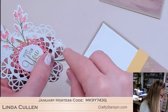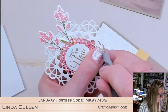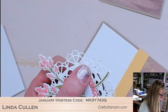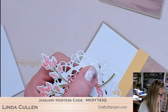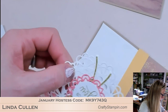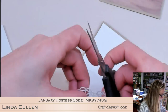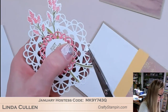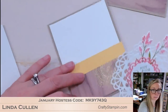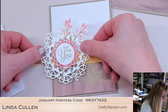Where'd my Pokey Tool go? Oh, that one didn't want to come out. Come on. That's going to annoy me if it stays in there. Hold on. OCD. There we go. There we go. All right, let's try this again. There we go. And this is going right